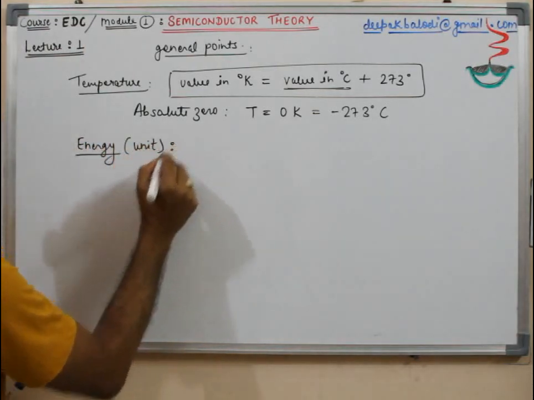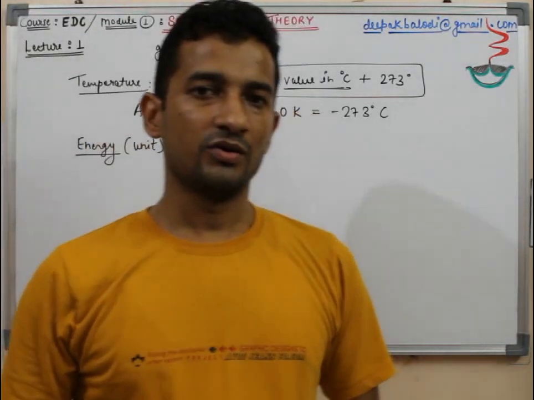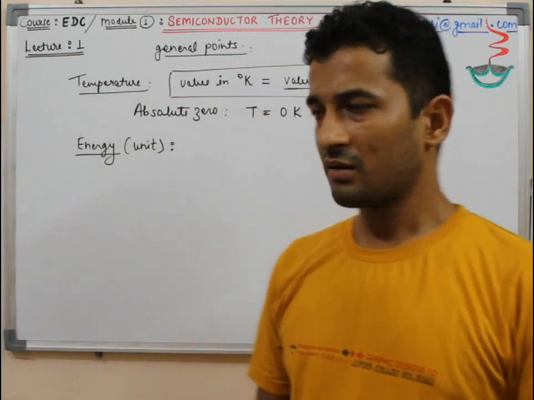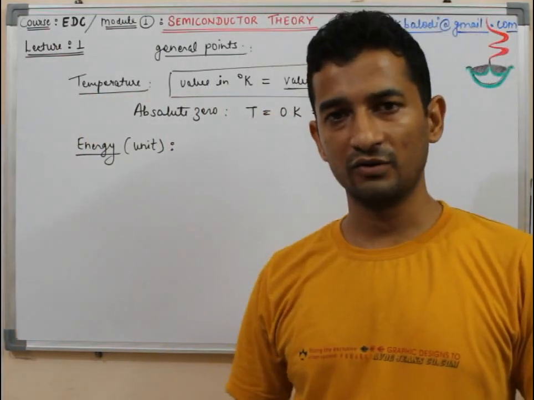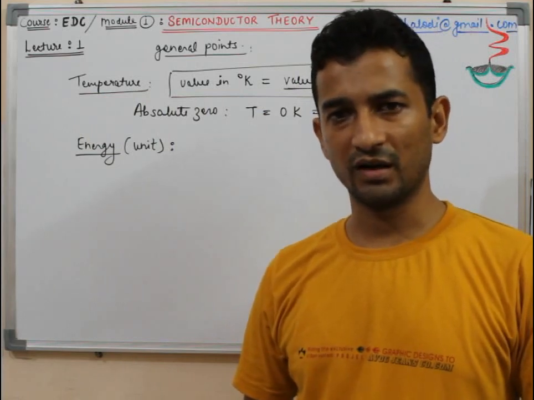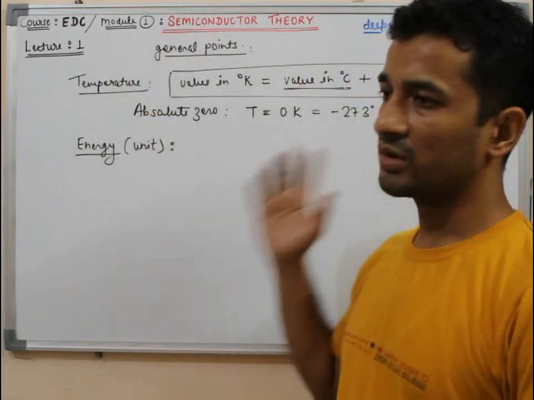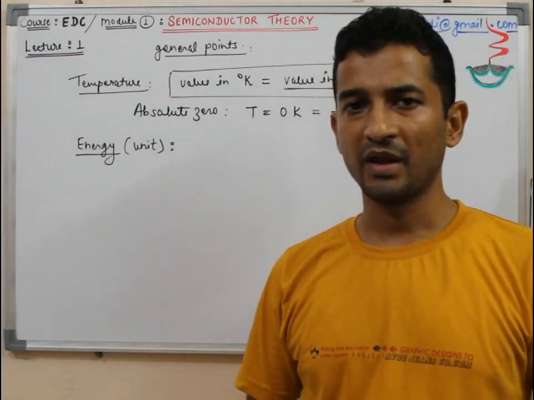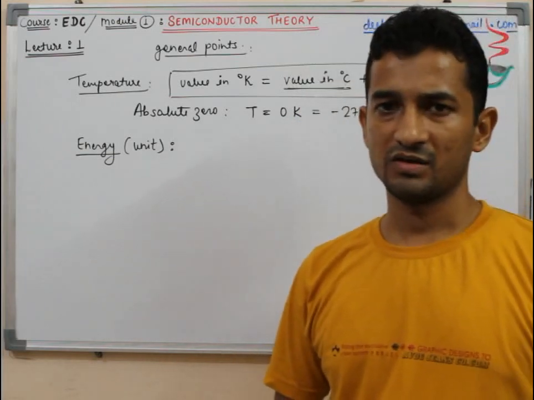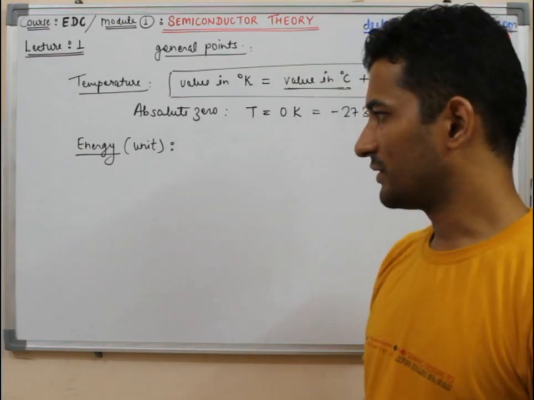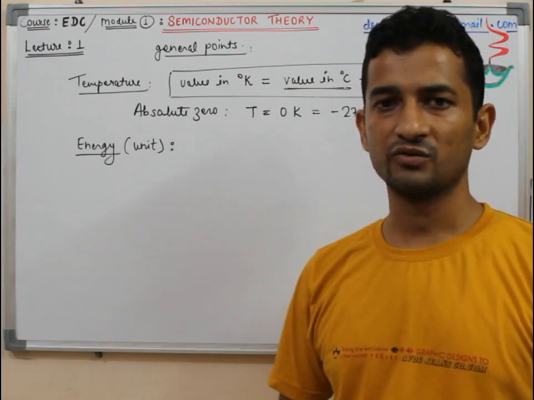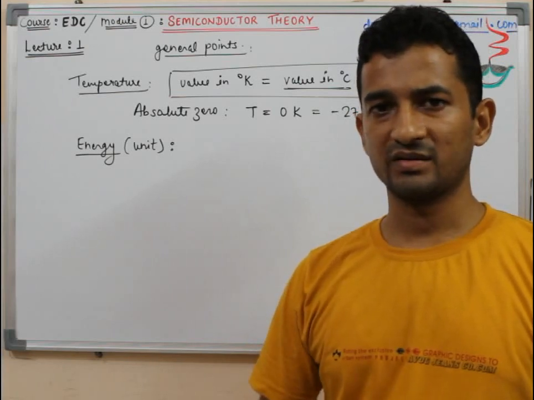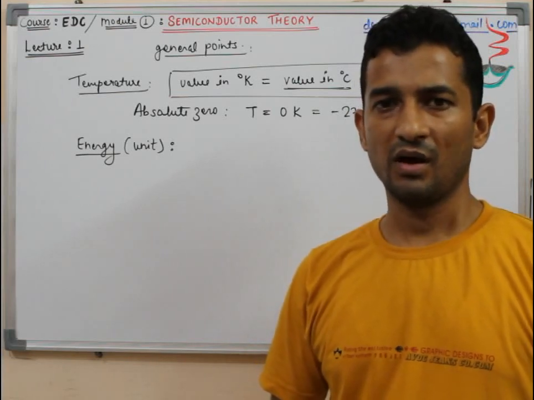So first of all, let us talk about the unit of energy. The unit of energy generally is joules in Newtonian physics, but here we are more and more involved with lower numeric values of energy, because this whole course is oriented towards microelectronics or low power electronics. So most of the time we will be encountering smaller values of energy. The joule scale of energy is not highly suitable, because with the unit of joule we may not get sufficient numeric values, or the values may appear very small.